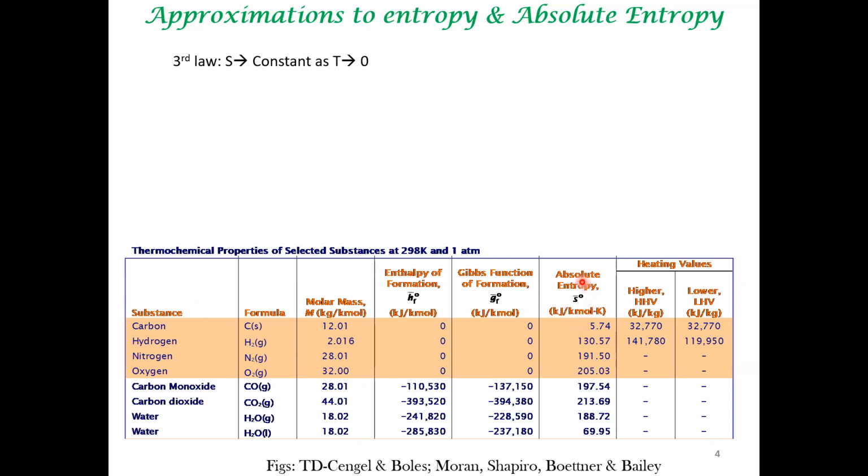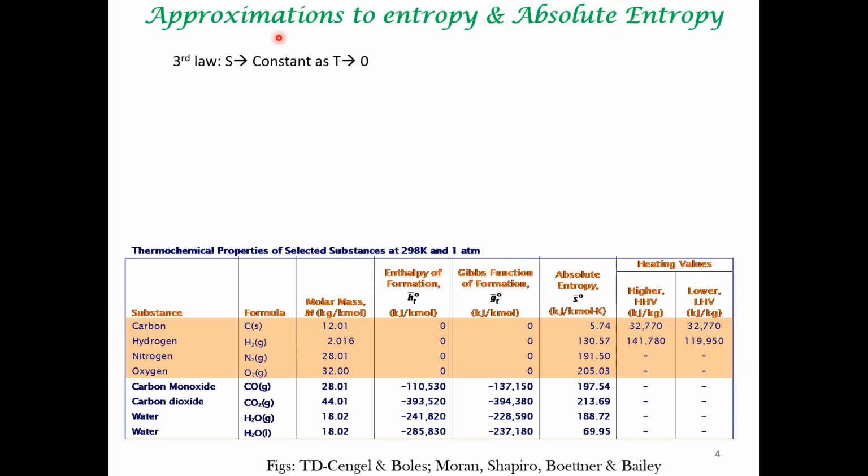When you specify entropy at, let's say, 298 Kelvin and 1 atmospheric pressure, that's what is called absolute entropy. That's the definition you ought to know. And we know how to compute the entropy of solids and so on; we've dealt with these in previous lectures. Typically you look at the TdS relationship and calculate the entropy of solids, liquids, and gases.